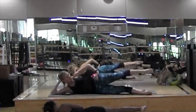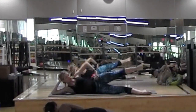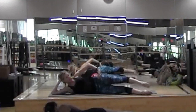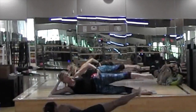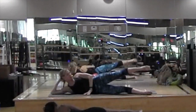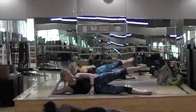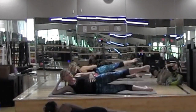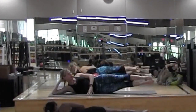Small circles, 1, 2, 3, 4, 5, 6, 7, switch directions. 4, 5, 6, 7, switch directions. 3, 4, 5, 6, 7, switch directions. 8, 7, 6, 5, 4, 3, 2, leave that leg up, bottom leg comes to meet the top leg, squeeze it all together. 6, 5, find those core stabilizers right there,